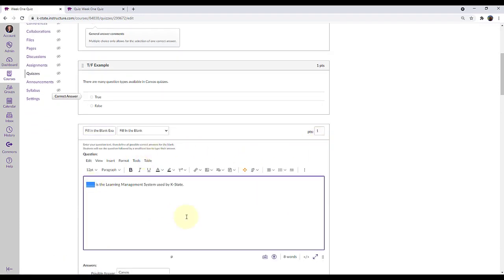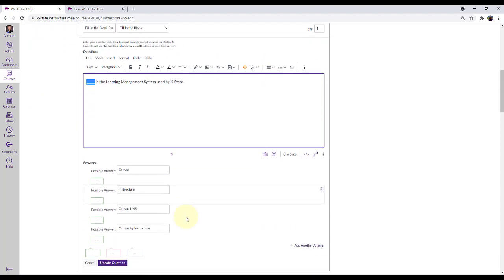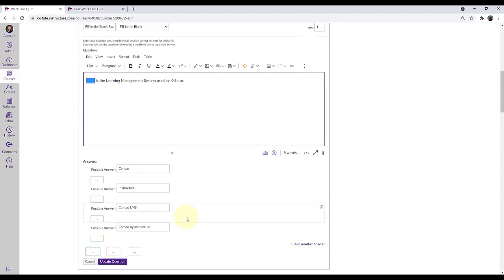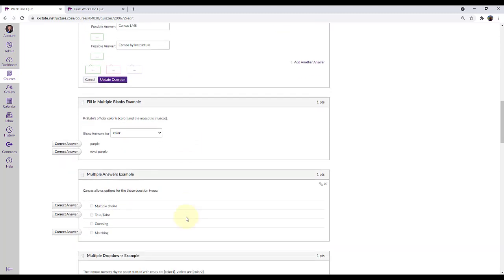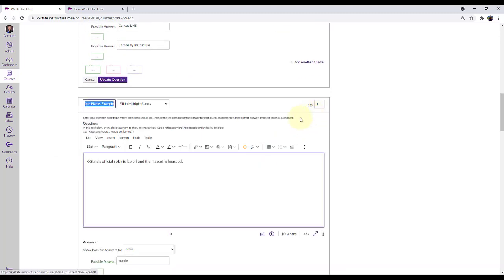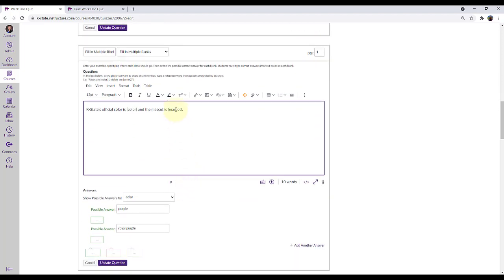The thing to note with fill in the blank and question types requiring a student to type in the answer is to provide every possible correct answer you can think of. Note that correct answers are not case sensitive. The next type is fill in multiple blanks. Here, instead of typing in a blank, we will type in a variable with no spaces surrounded by brackets. You could use something like X and Y. I find it's helpful to use words. Use the drop-down to select the variable and then add possible answers.